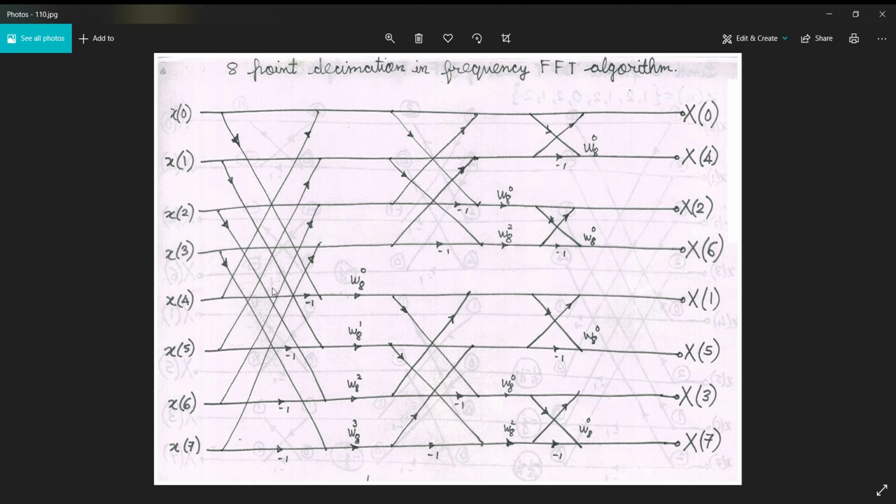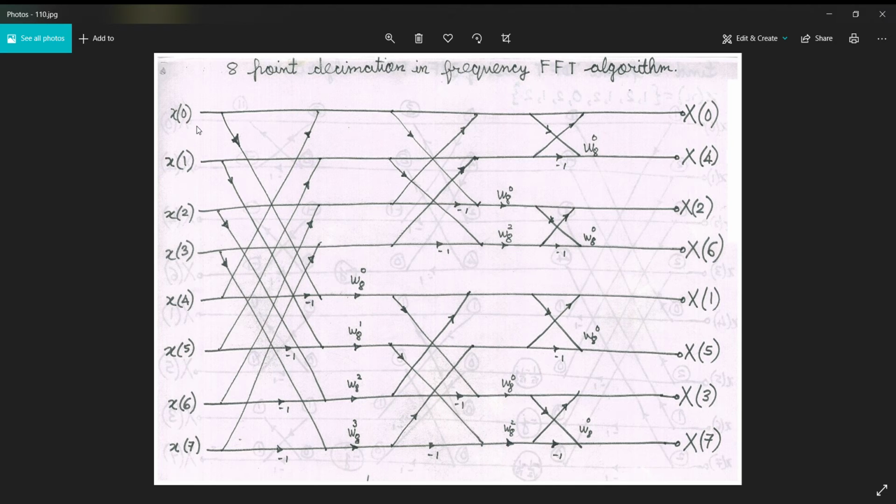So first of all we'll draw 8 lines: 1, 2, 3, 4, 5, 6, 7 and 8. Here I assume that you have already watched my previous videos on DIT, and this is the third video to be watched after those two videos. So here I have drawn 8 lines, and now we are going to see what is the difference as compared